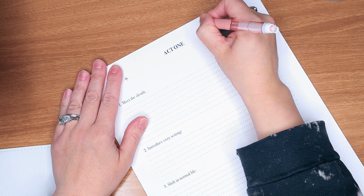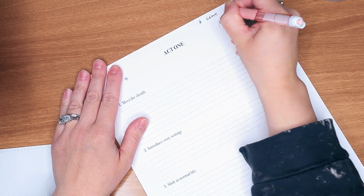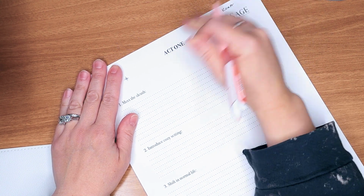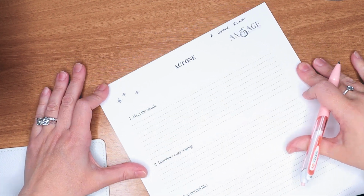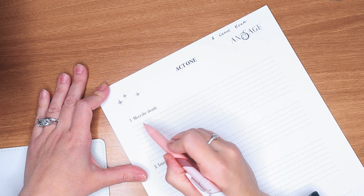So normally I would just put A Grave Roast at the top here so I know the book that I am working with. And then I start making point form notes. So our first beat